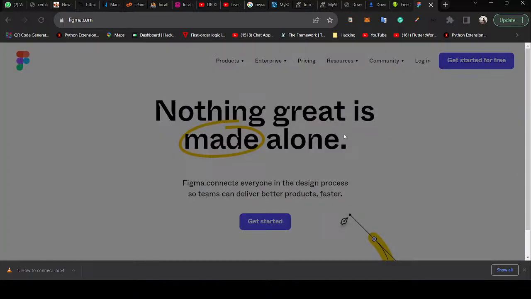Now, once you get Figma, if you are new to Figma, you can always get started for free. But if you are not new, you should just log in to Figma. So while that is ongoing,